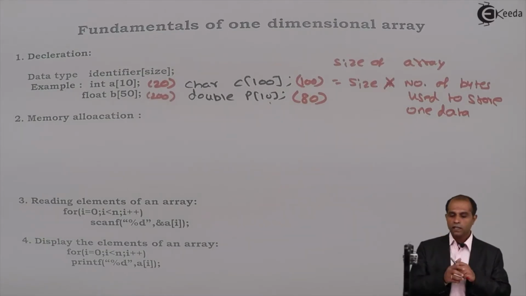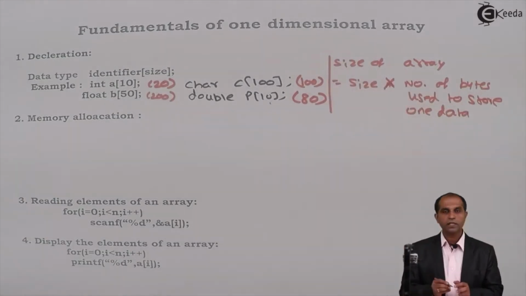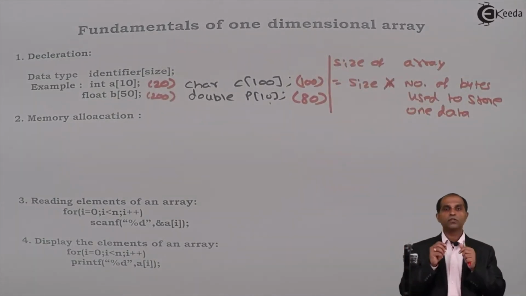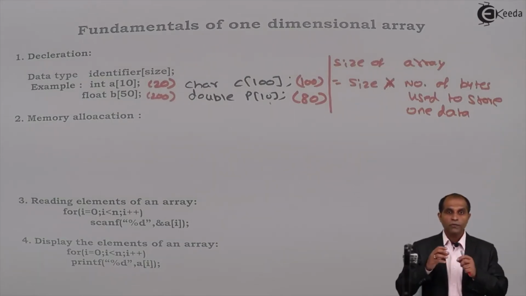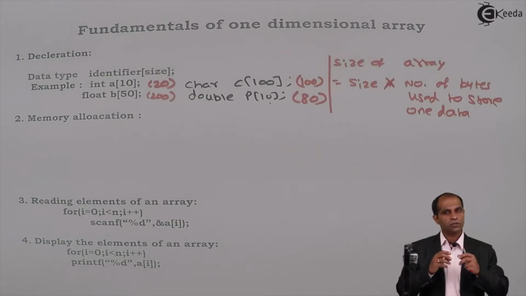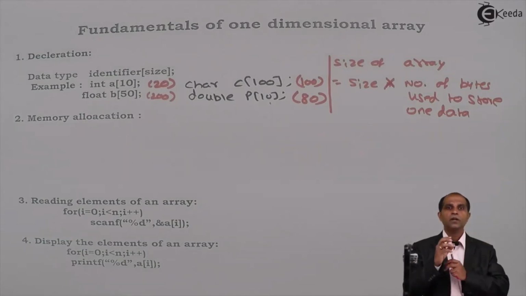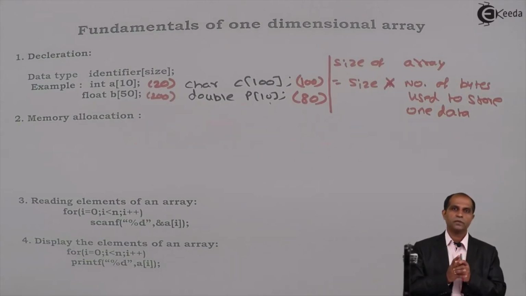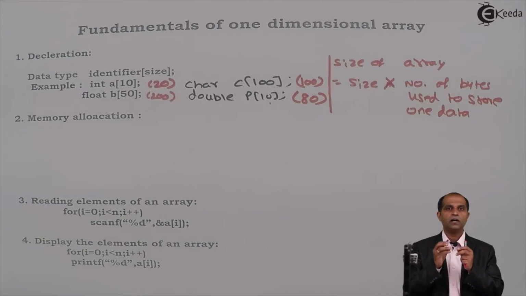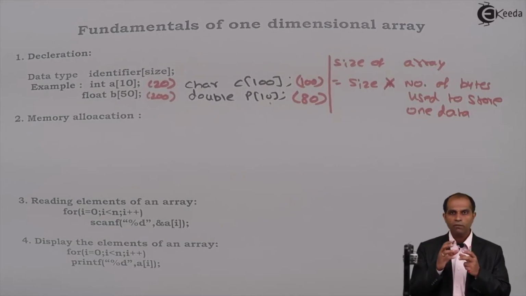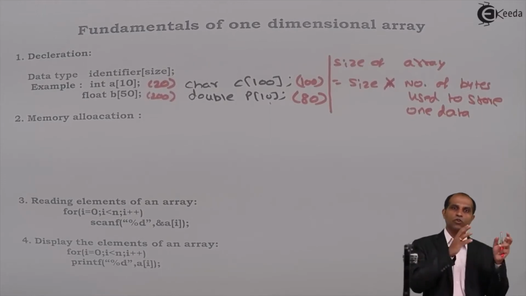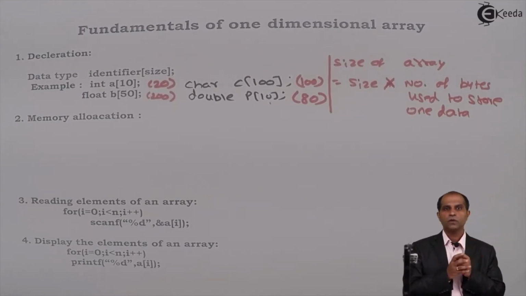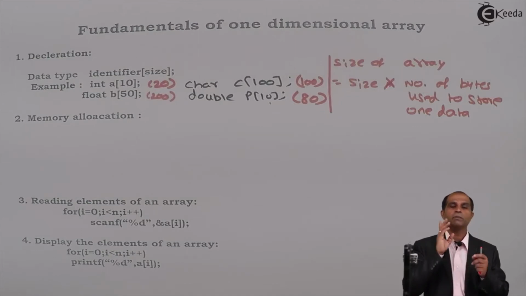Right? So it means that the size of an array is always equal to size multiplied by the number of bytes required to store one data. Now, what if I have a static storage class or auto storage class? Obviously, the size still remains the same. The only thing is that initial values might change. When I have a default array of type auto or automatic or local, it will have garbage values. When I have an array which is of type static, that will have initial values as 0. When I have an array declared as global, that will again have a value of 0. The initial value might change with the storage class, but not the memory size, right?